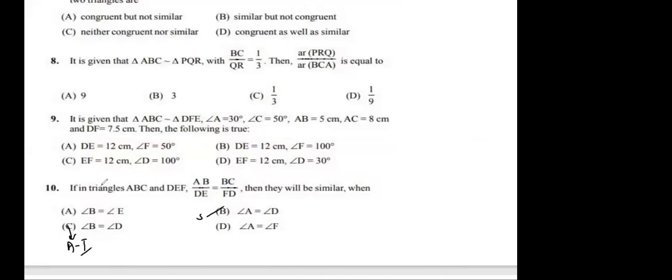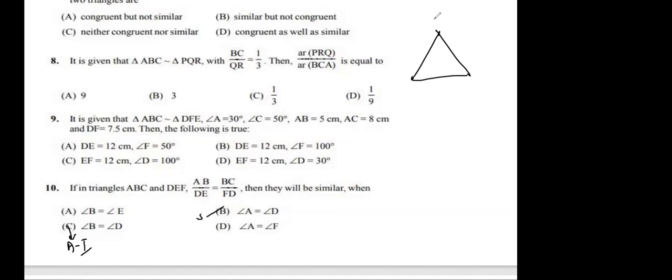So in triangles ABC and DEF, it is not being given that these two are similar. It is written 'and'. So they will be similar when... Whenever the ratio of sides is given, you have to keep in mind to draw the actual triangle, because many times you will get confused. It will be AB upon ED but written as DE. So you can get confused.